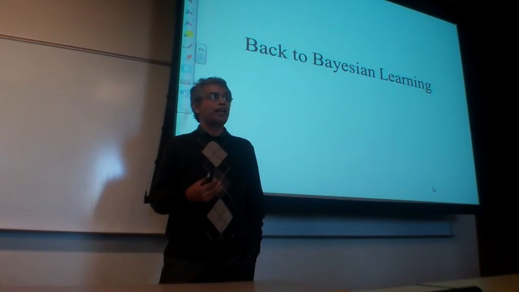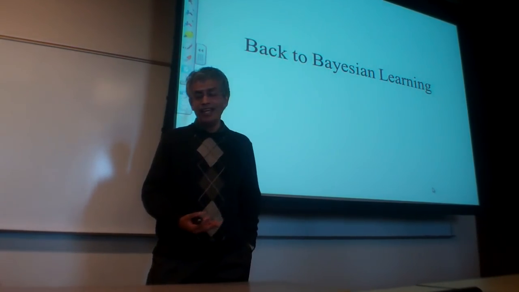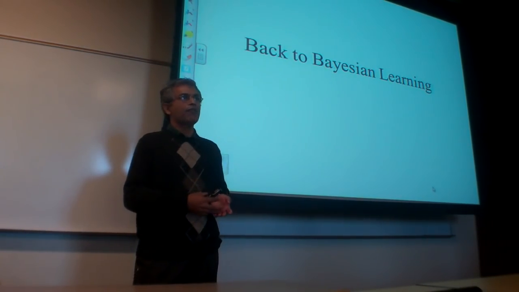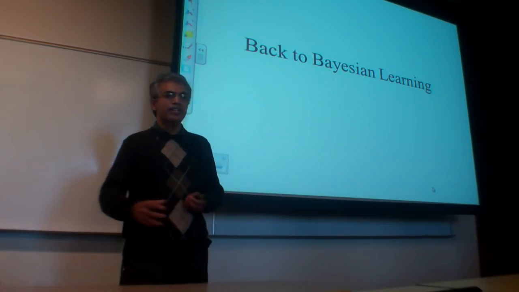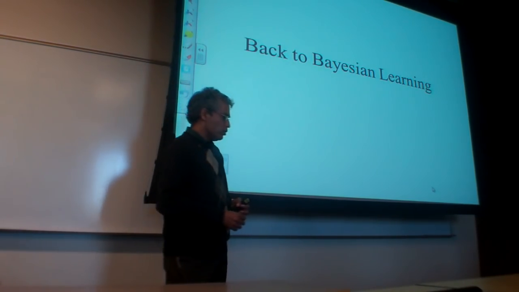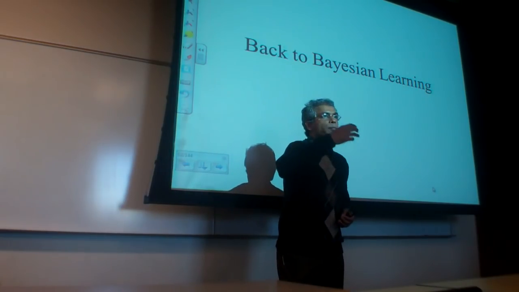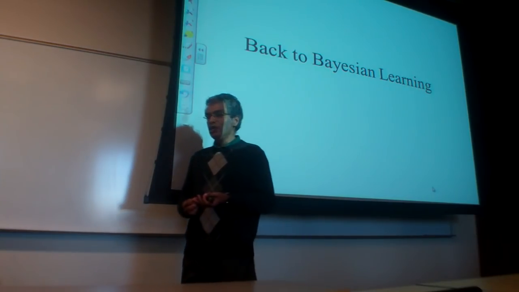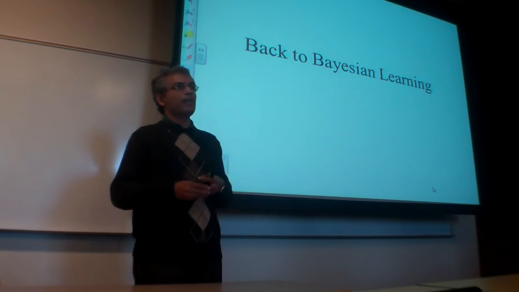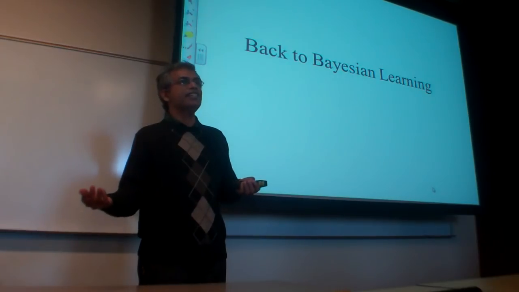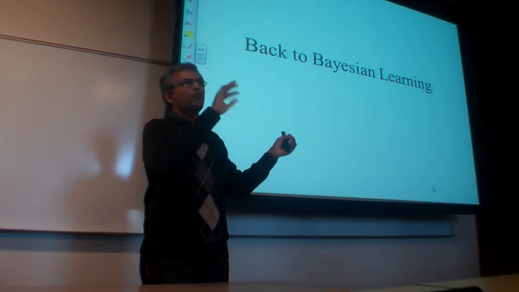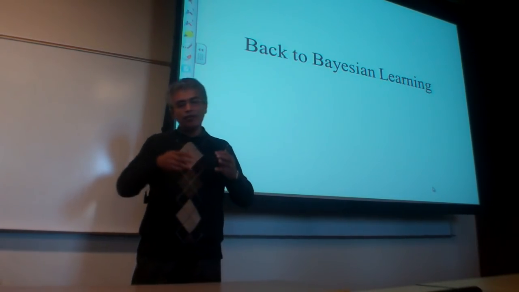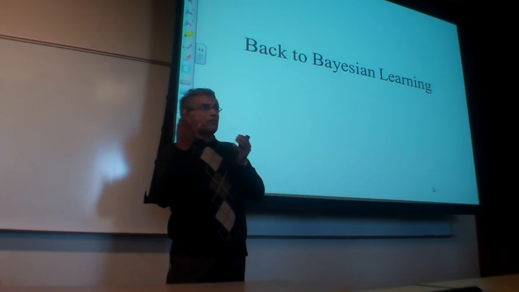essentially assume that there's a prior over the hypothesis, and then at which point there is no difference between learning and inference. All you do is, as new examples are coming in, you essentially compute the posterior over the hypothesis space. Okay, and that would tell you what hypotheses are more likely and what hypotheses are less likely, having seen the data. Okay, you had some idea about what might be more likely versus less likely hypothesis before, and having seen the data, you now keep changing your mind as to which are more likely, which are less